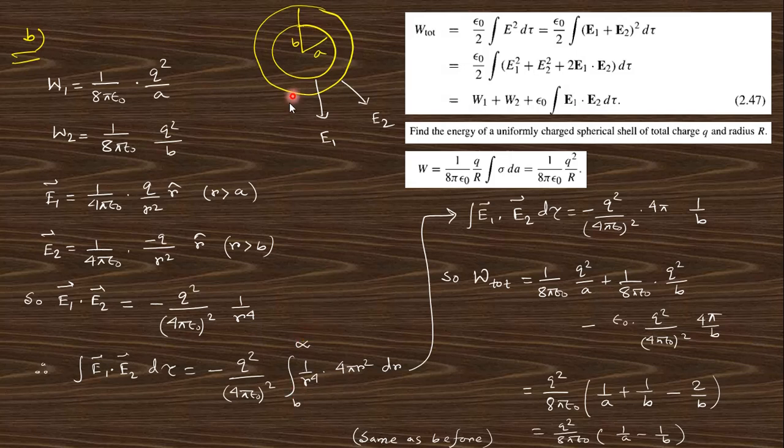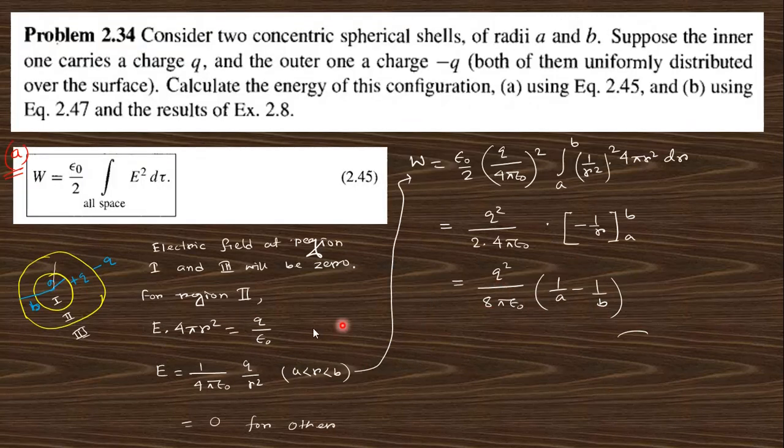If you integrate from b to infinity, you will get this answer, and the total work done will be the addition of W1, W2 and this integration. Finally you get q squared by 8 pi epsilon naught times (1 by a minus 1 by b), and you can see this is the same as we got before. Okay,